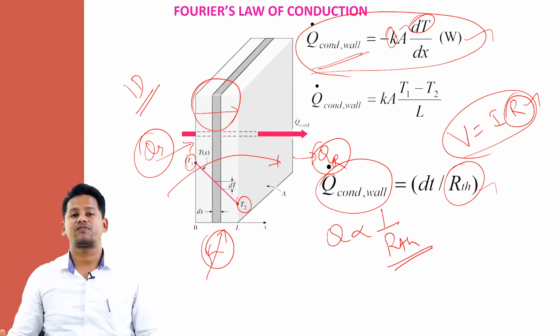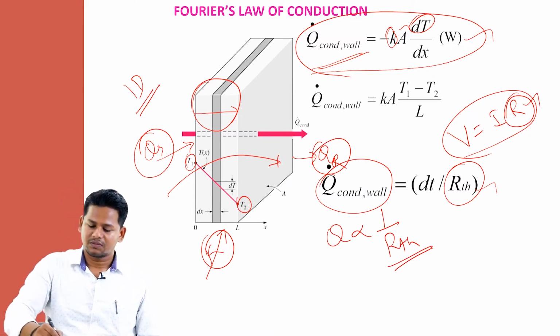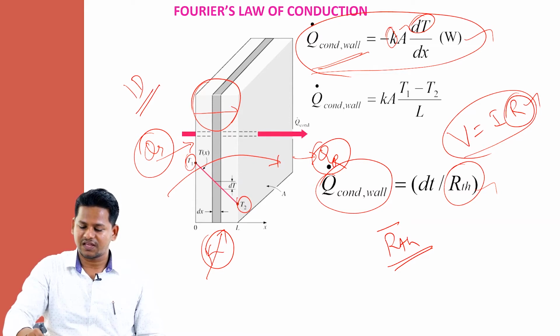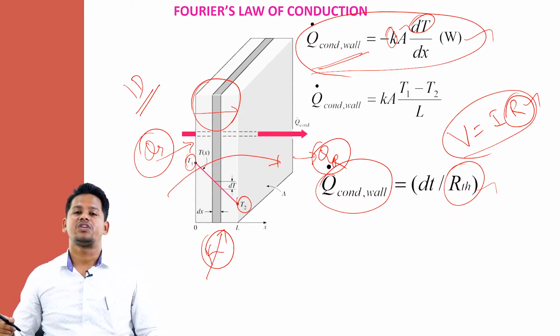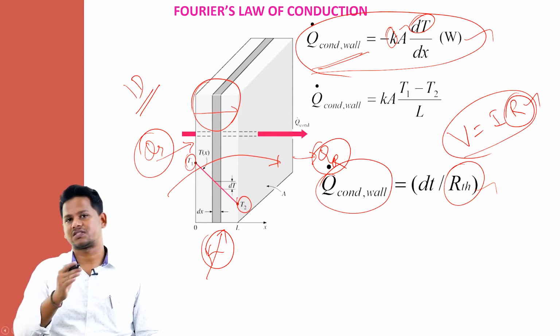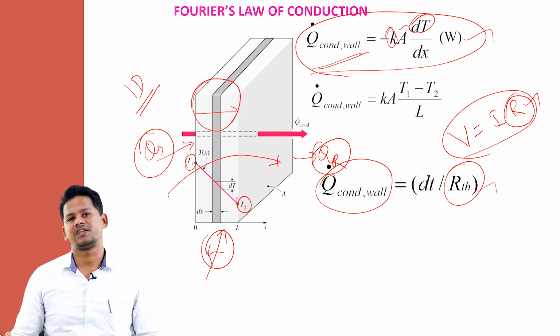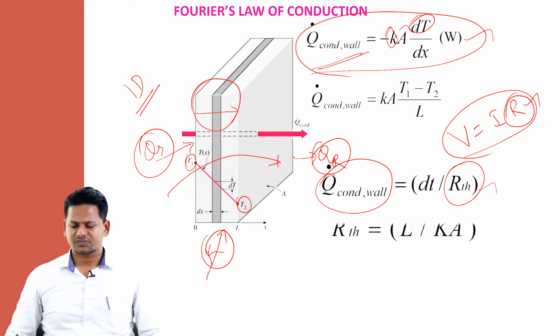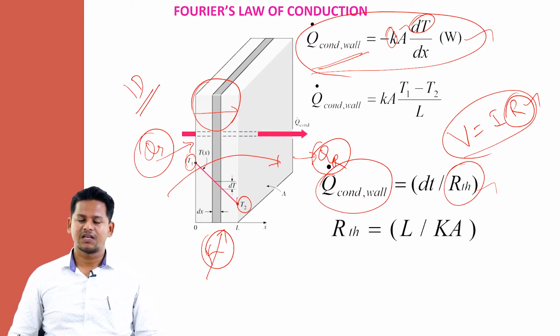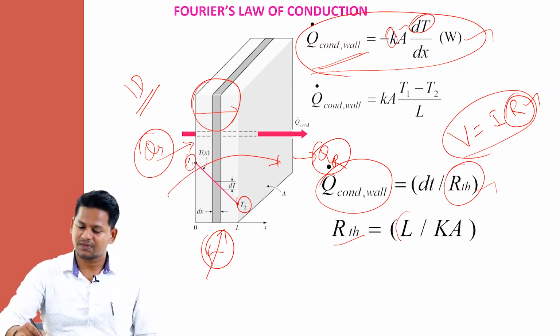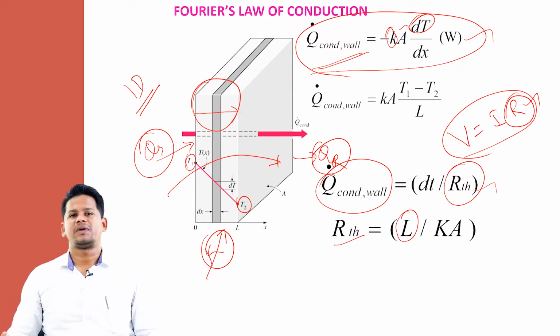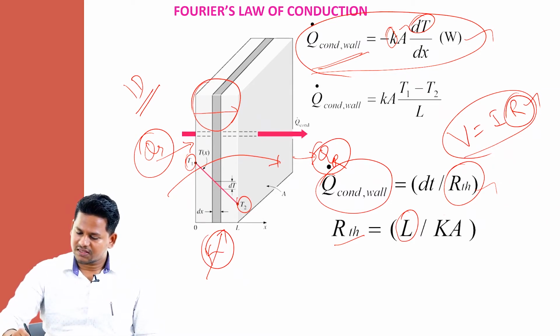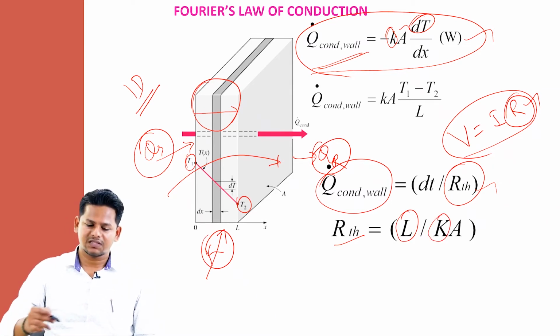So you should be very careful about this thermal resistance, because if your thermal resistance is very high, then obviously your heat transfer rate through this one-dimensional steady-state valve is very less. R_th. What is this thermal resistance? It's very simple. If you are having only conduction, then the R_th is L by K A. We all know that L is the length of the material, K is the thermal conductivity of the material, and A is the cross section area.